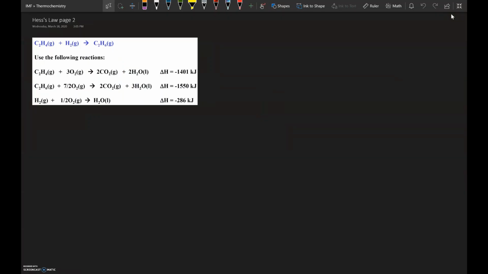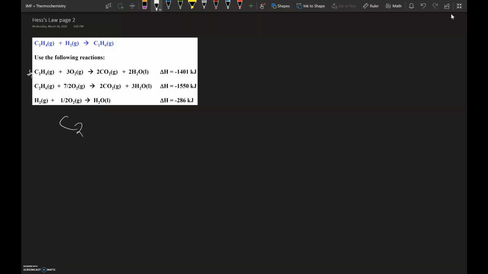In the second problem, we're going to repeat the same process as we did in the first example with the NH3 plus oxygen gas. In this one, we have C2H4 reacting with hydrogen gas to produce C2H6, and there are 3 different sets of reactions here that we're going to use to determine the delta H reaction for this overall reaction. So just like before, we're going to pick something to start with, and so I always start with the first reactant, in this case C2H4, and I see that the first step has that in it,